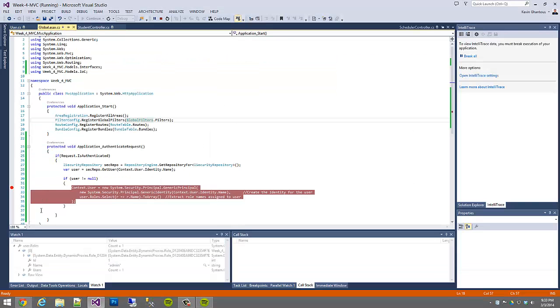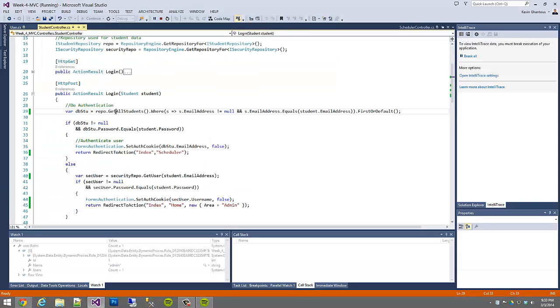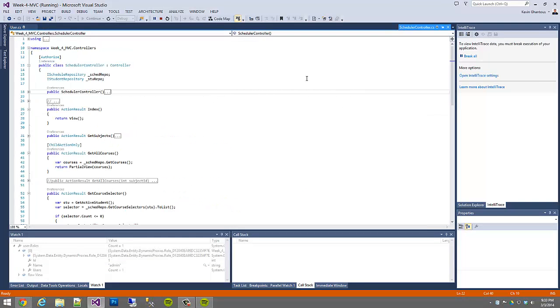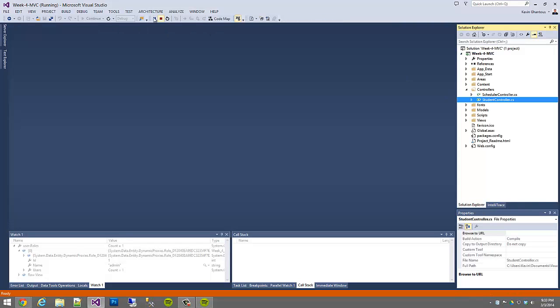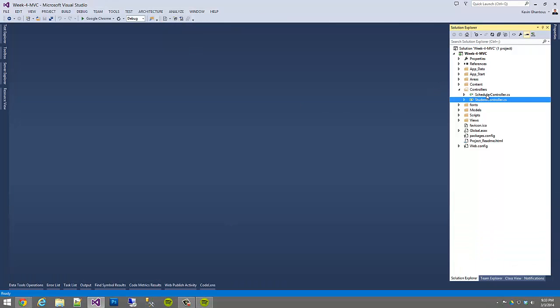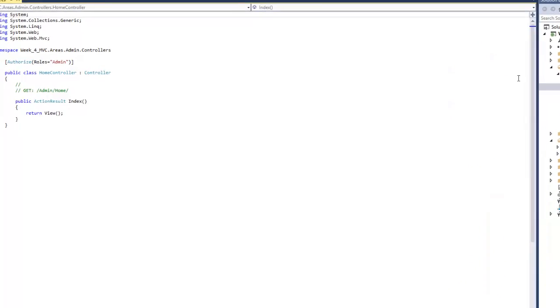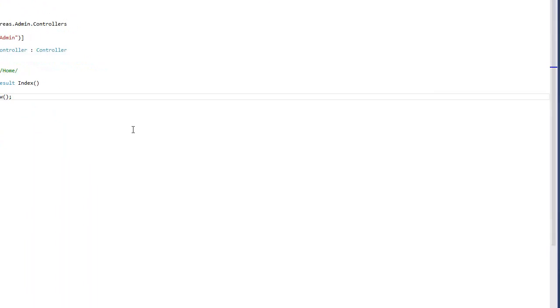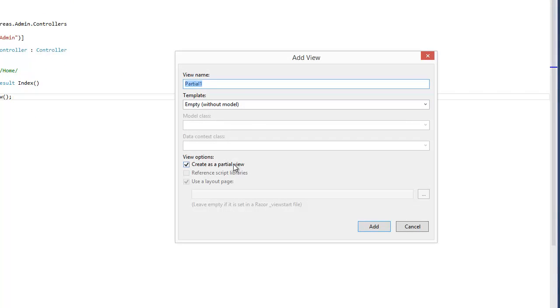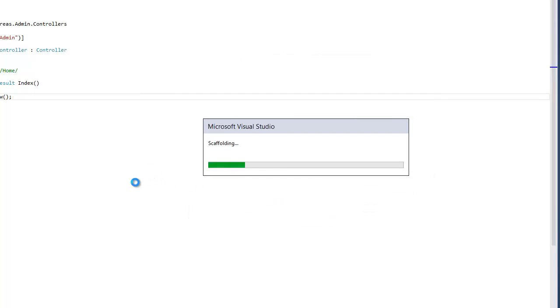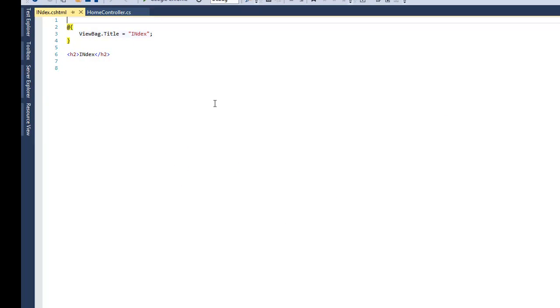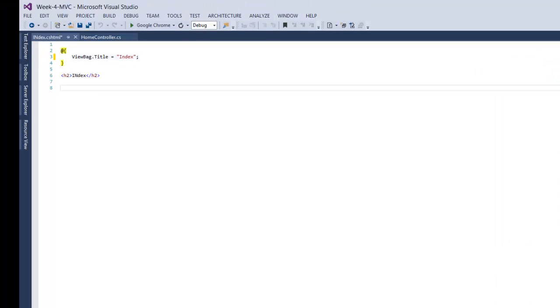So if we flip back here, we can go to our admin controller. We'll stop debug. And under Areas, Admin, Home controller, we will right click and say add view. And this is not a partial view. This will currently be an empty view. And we'll go ahead and use the default page layout, and what that's going to do is pull it from our root. And we'll just change that to index, fix my casing here,